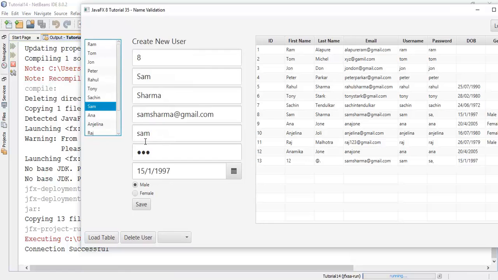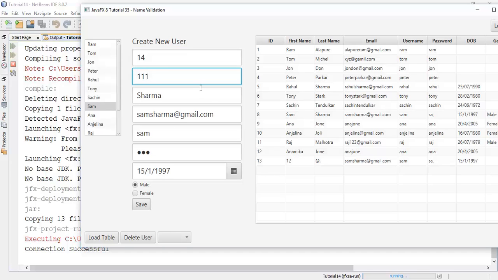Now we are going to check whether this is taking any valid name or not. When I set the user ID as 14 and the name as 111, previously it would take anything as a first name.